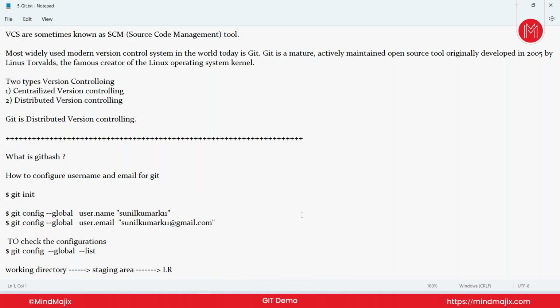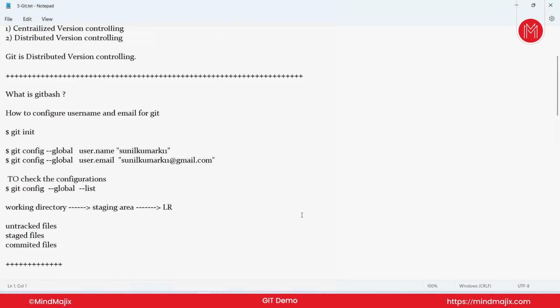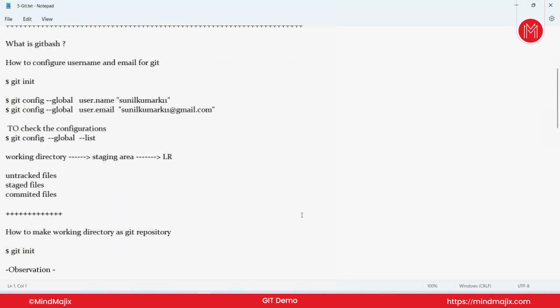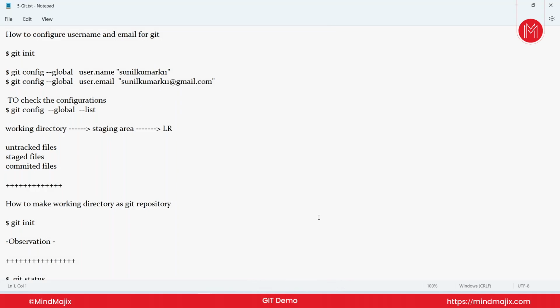Before that, we discussed version controlling systems, and Git is a distributed version controlling system. And what is Git Bash? How to configure username and email for Git. In this, we can open command prompt after installing Git. We can open Git in command prompt and then we have to enter the command git init, and then